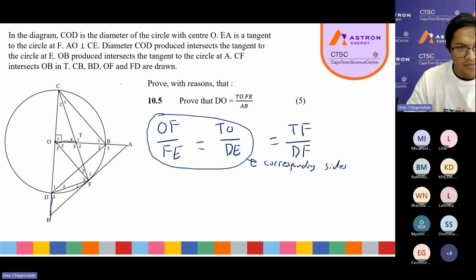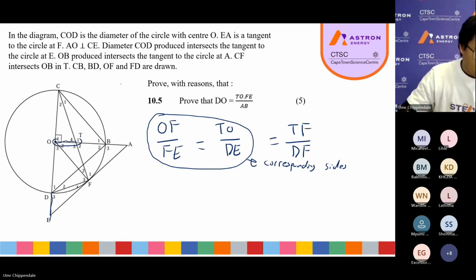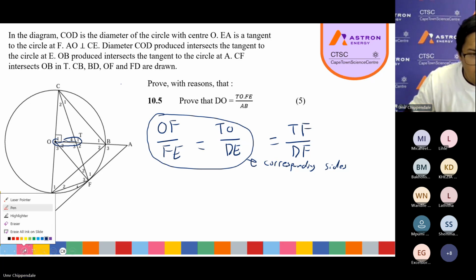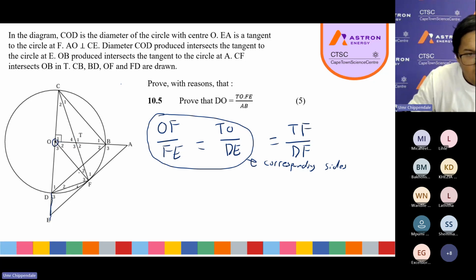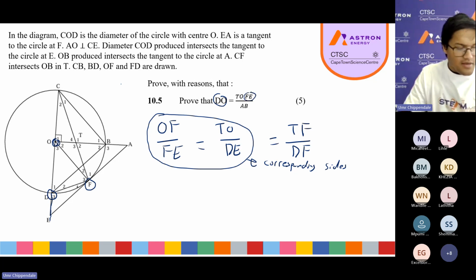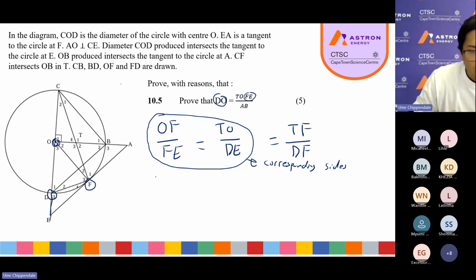So we're going to have our TO, and then bring that over. This is not the exact radius, this is just part of it that we have. So we're then going to say this line over here, this we can bring in with our radius instead. This one here, O and F that we have, and our D and the O, because that can relate better to what we have over here with our D and O and our FE over there. So in that particular case, because our OF is equal to DO because of radii,